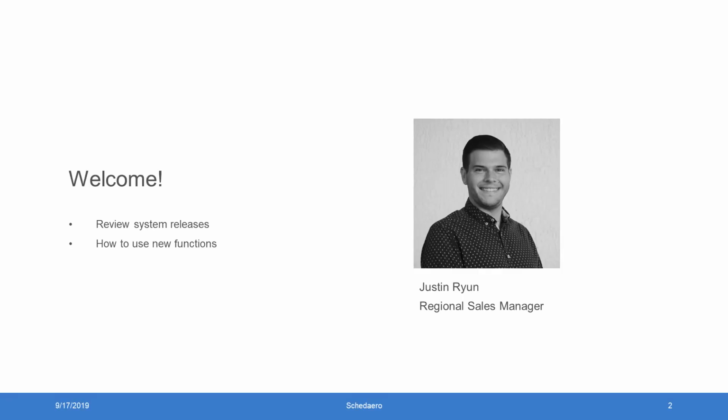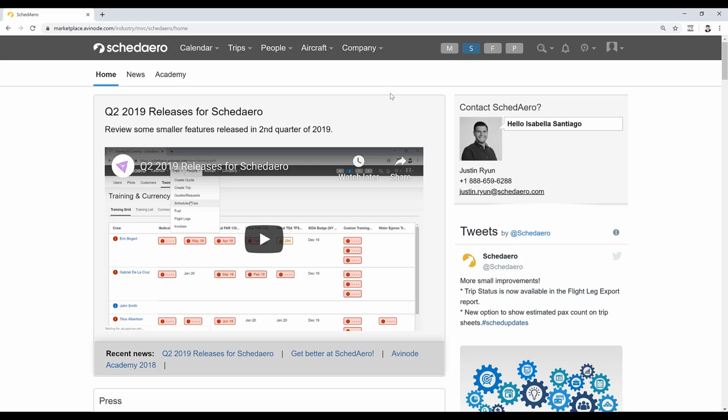In this session, we will review some of the recent enhancements released in Schedaero for the third quarter of 2019. We will also review where to locate the new features and provide a general overview of how to use each of them. First, on the quoting level, you now have the option to display the manufacturing year of aircraft on